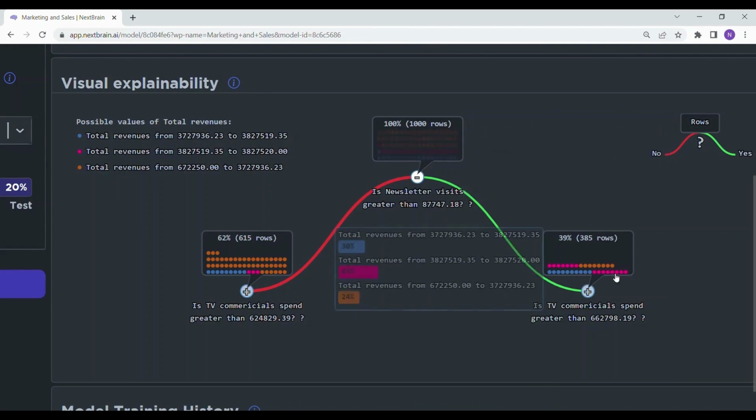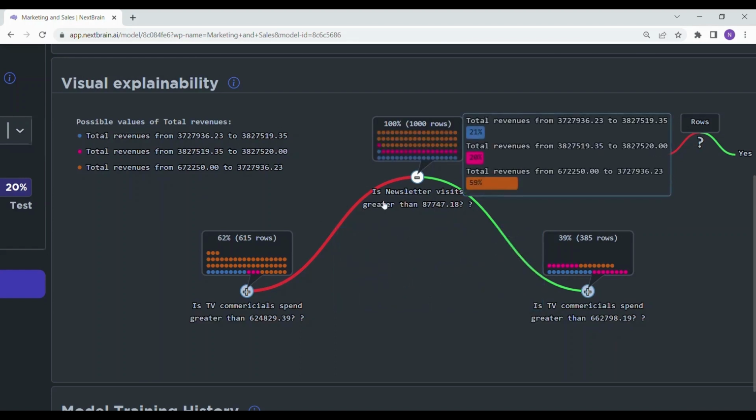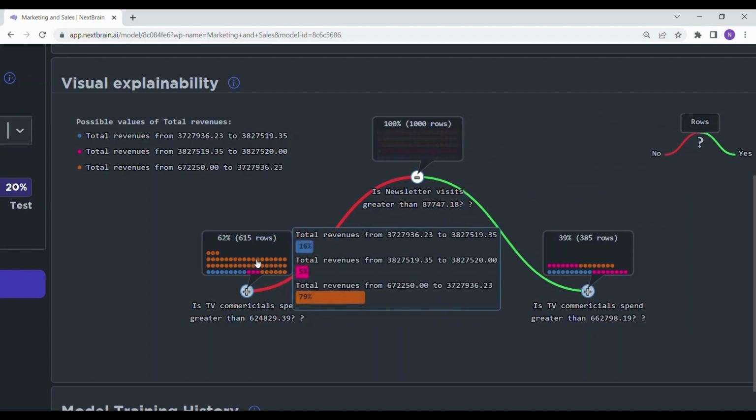You can see that the distribution for our target column, which is revenue, is generally spread out around these values. But if the newsletter visits are less than this, then this is the total revenue for this decision to